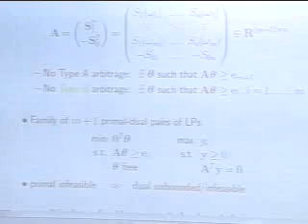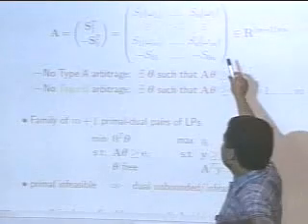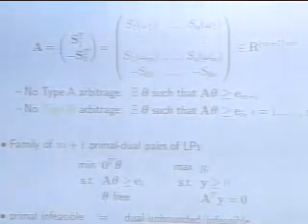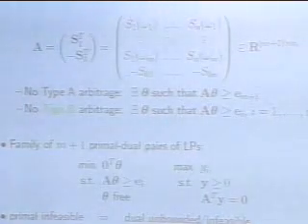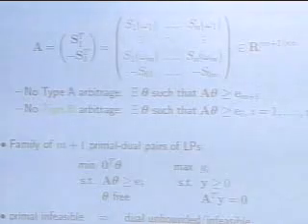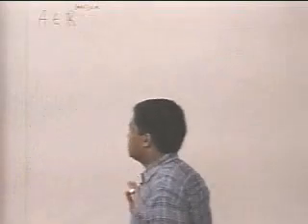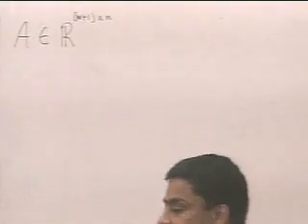I have translated the story of no arbitrage into a statement about this matrix A. Here is a matrix A, and what is the dimension of this matrix? It has m plus 1 rows and n columns. And what I'm saying, no arbitrage, meaning no type A or type B arbitrage, means the following: that there does not exist a portfolio theta such that